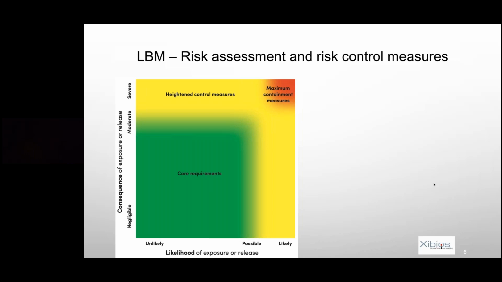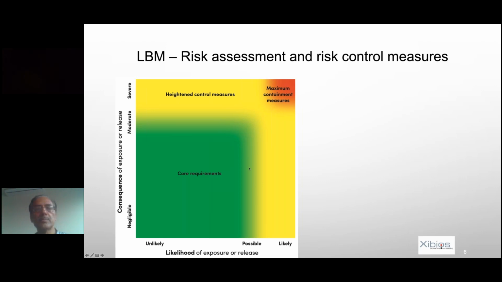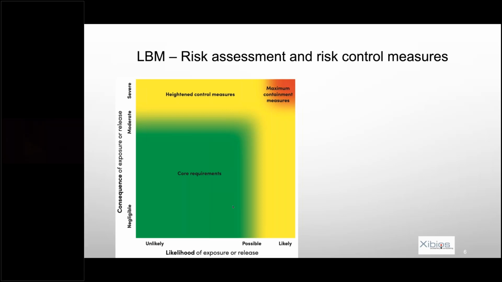So all of you should have attended the webinar on risk assessment, so you know this graph quite well. I will go through it quite rapidly. If you look at the green part, that's for low to moderate risk. It is when the likelihood of exposure is relatively moderate, and in case of exposure, the consequences of the exposure will